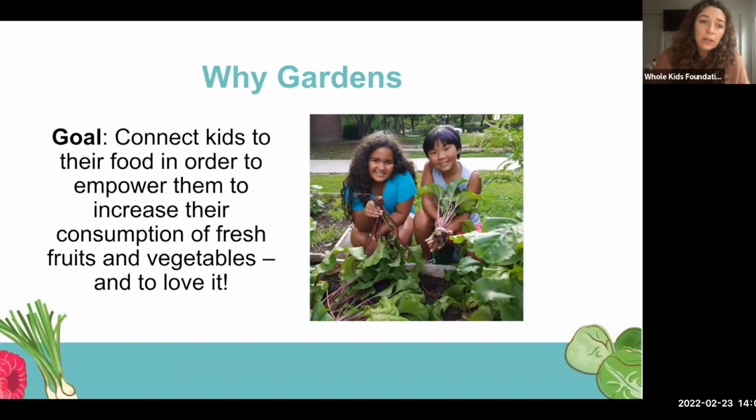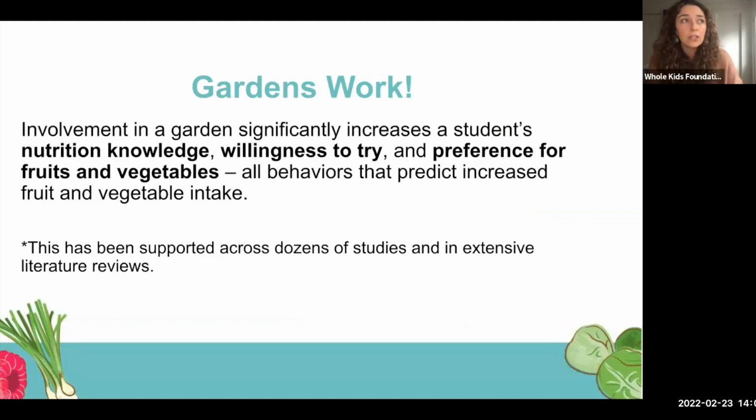So for our garden grant program, why do we have a garden grant program? The goal of school gardens is to connect kids to their food in order to empower them to increase their consumption of fruits and vegetables and really make them excited about it. There is a ton of research out there that shows that school gardens and engaging kids in school garden work is effective. It's effective in increasing their nutrition knowledge, their willingness to try fruits and vegetables, their preference for fruits and vegetables, all of which are behaviors that predict increased intake, as well as, there's a newer study that has recently come out that speaks to also the more of the social, emotional, and less nutrition-related benefits of engaging kids